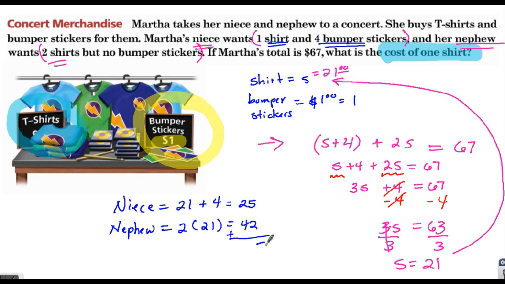Therefore, the value for our shirt is going to be $21. Make sure you always check your answers when you're looking at word problems. And that's our last problem, and I guess we'll see you tomorrow. So that means that they do add up to 67. So this confirms our answer that it does equal 67. So whenever you're doing these word problems,